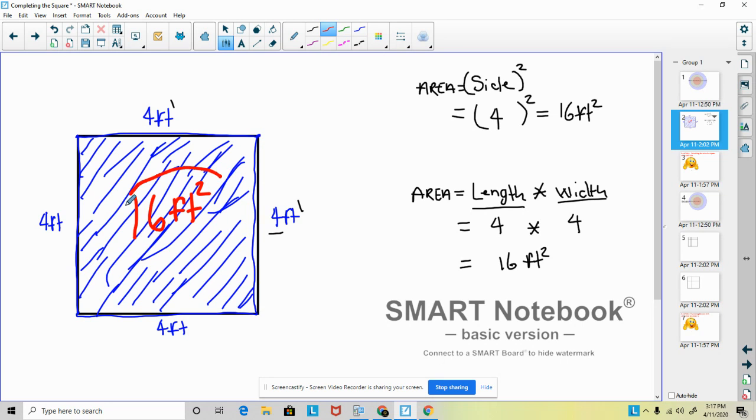So this represents all of this blue space, or all of the space located inside this square, which is my area. Okay. Now, in our next video, when we come back together,